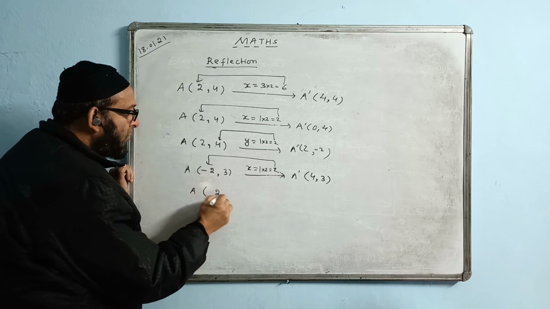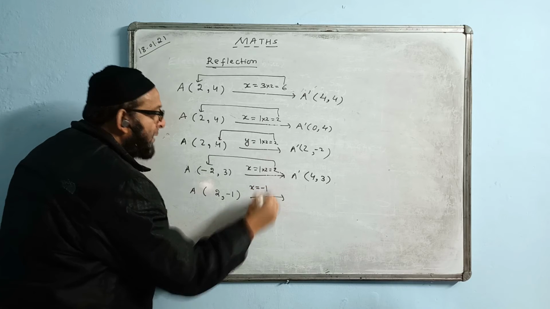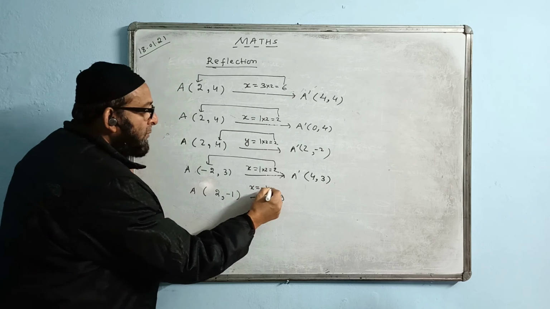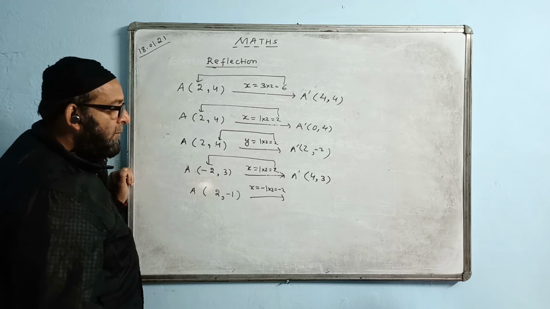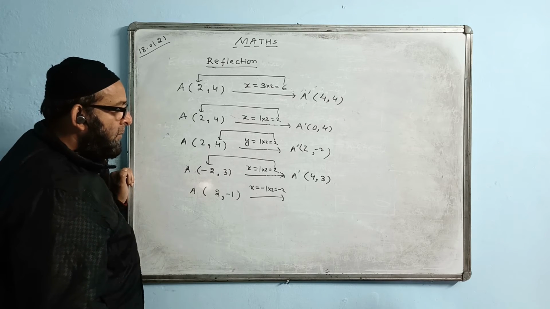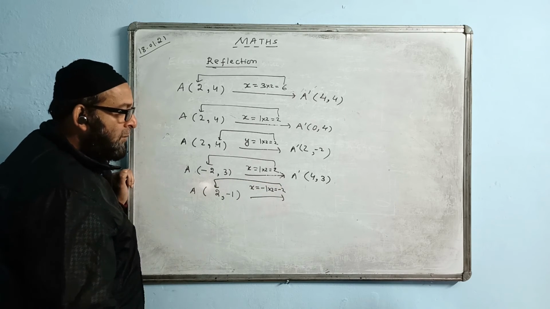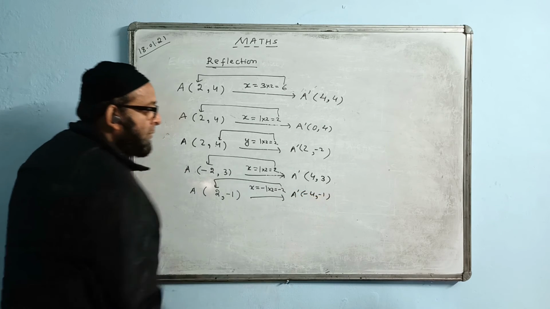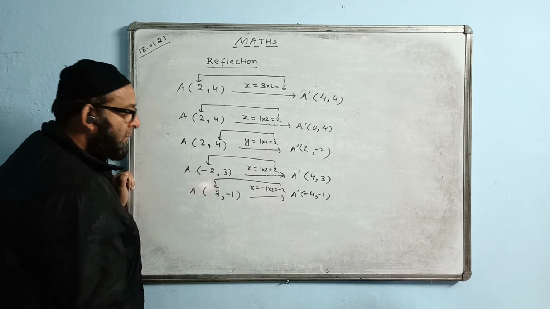Similarly, if I have here (2, -1) and you are reflecting in the line x = -1, what should you do now? Into 2 you are taking, the answer is -2, no? Why 4? Why not -4? -2 you are subtracting this, -2. Yes. -4, -1. Minus in there, -1.